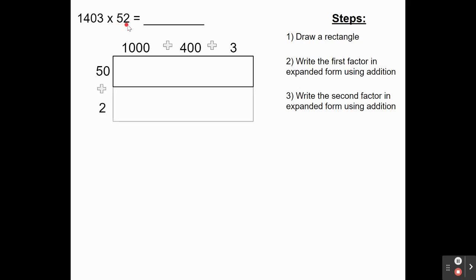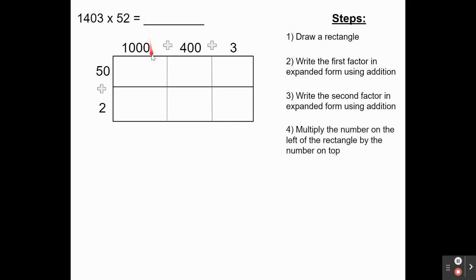We can extend the rectangle to make it a little bit larger so we have enough space. Wherever we see an addition sign, we're going to draw a line. This breaks up our larger rectangle into smaller rectangles. Now let's find the area of each of these smaller rectangles by multiplying the number on top times the number